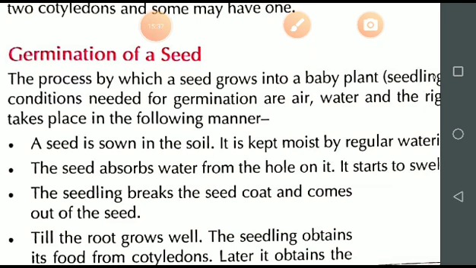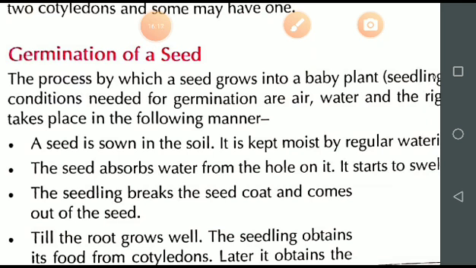Sunlight is also required. Why is sunlight also required, student? Because when the baby plant comes out, there are two parts: one part is below the ground, which we call root, and one part above the ground, which we call shoot, and stem is the part of the shoot. From the seed, the first thing which comes out is the root, and the root enters into the soil.